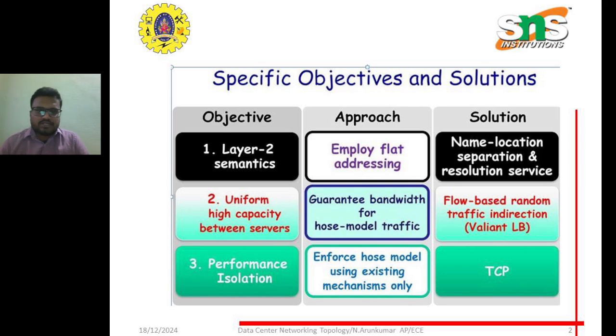So initially the layer 2 semantics has been assigned for the flat addressing type of approach. It will provide a solution about location and name and also the resolution services. And the next one is uniform high capacity between servers. It provides a guaranteed bandwidth for hose model traffic and also provides a solution for the flow-based random traffic interaction